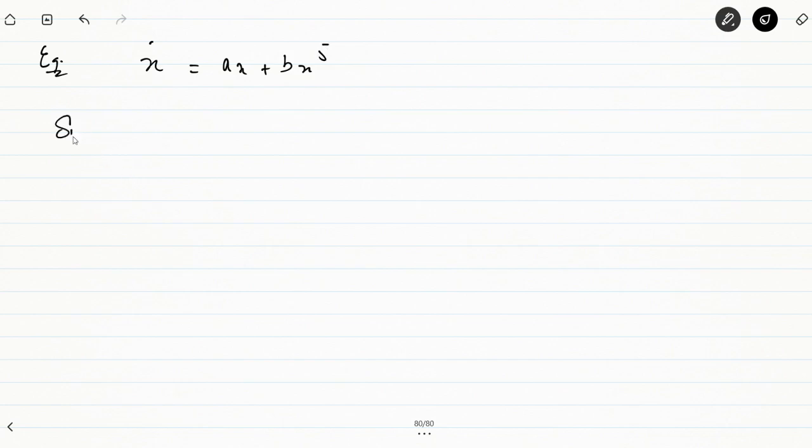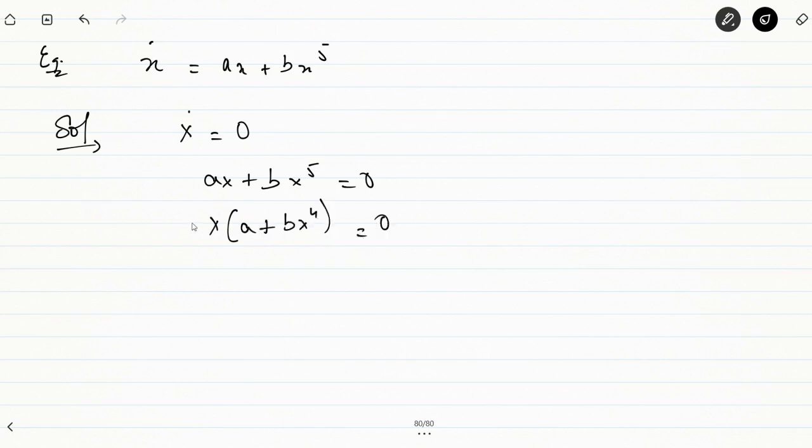For that, we will go for the linearization of the system. Substituting x dot equal to 0, first of all, we see that ax plus bx^5 will be equal to 0, which implies x into (a plus bx^4) is equal to 0,